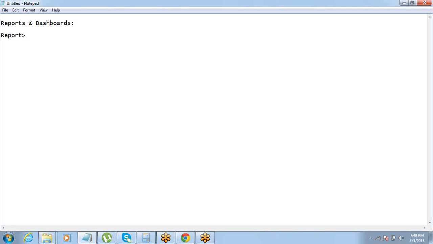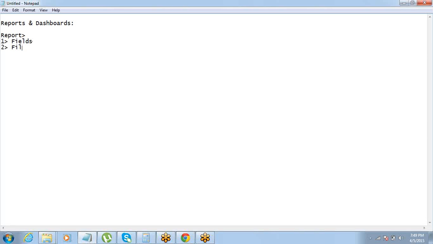Okay, so there are a few things that we need to keep in mind while we are creating a report. One, what all fields we need in a report. So if you are asked to create a report for account, you will also want to know what all fields from account are required on the report. If I say, okay, hey, go ahead and create a report on account, you might ask me what all fields you need from account, because account may have 50, 60, 70 fields, right? Out of 70, do I need all those 70 fields in the report, or I just need, let's say, 5 or 6 of them, right? So the fields,